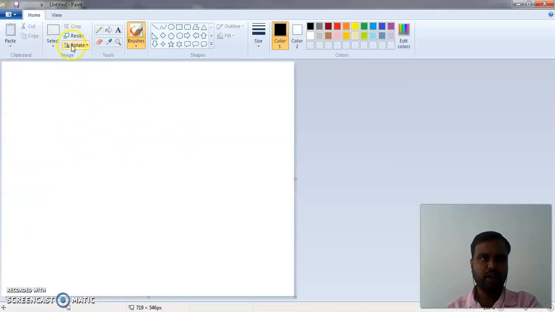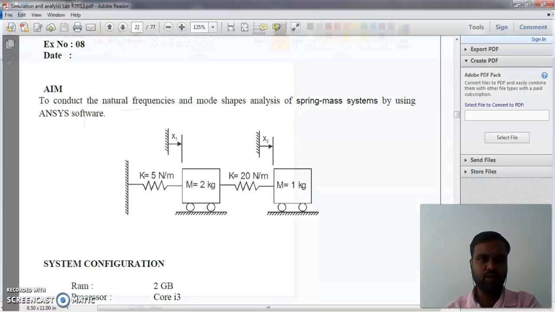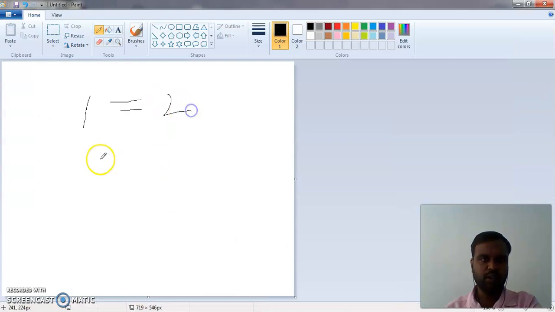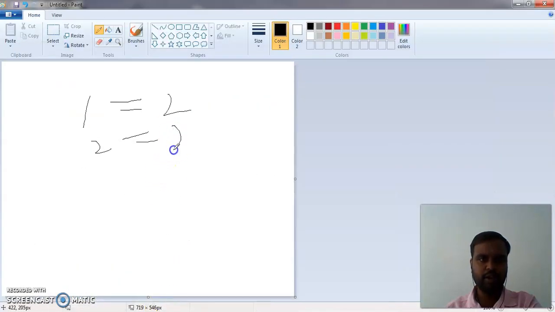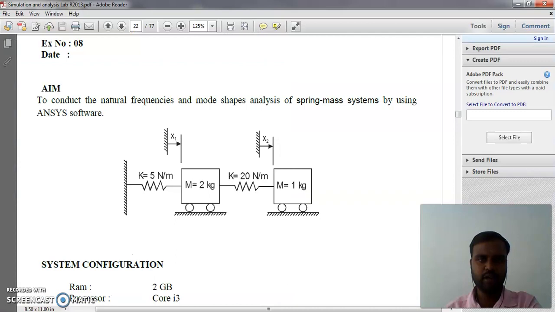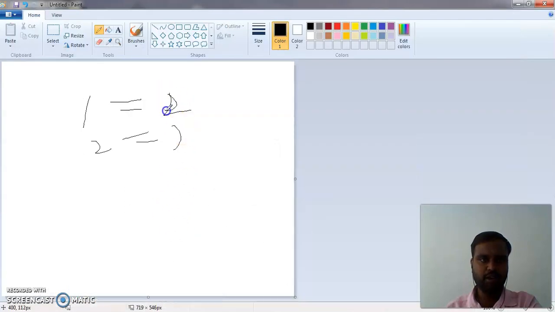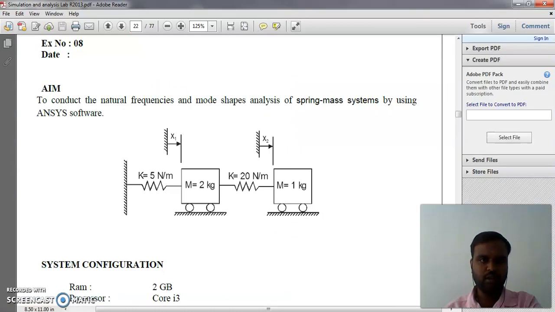You can write node value as 1. For 1 I have given the mass value. What is the mass value? 2. Then for 2 also I have given a mass value. I assigned the mass value, 1 kg. First mass is 2 kg.